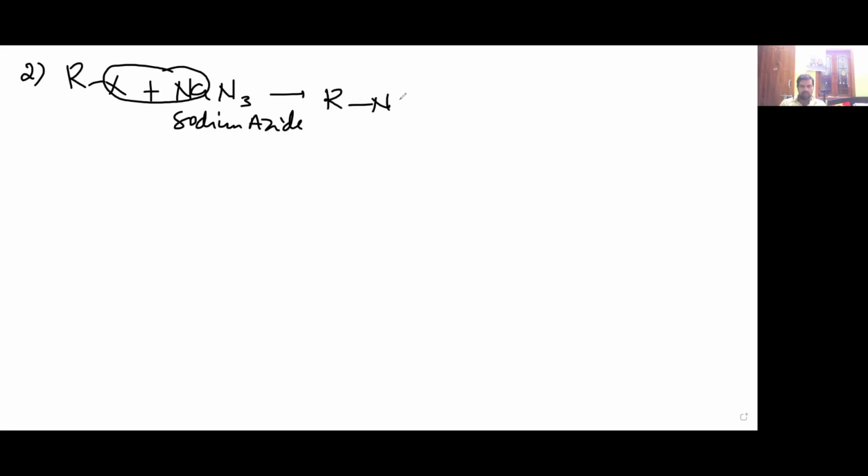RN3. This N3 I can write as N double bond N double bond N. Here nitrogen has 4 bonds, and here a lone pair with negative charge is there. You just listen here. This is RN3, called alkyl azide. This is sodium azide. This alkyl azide is treated with